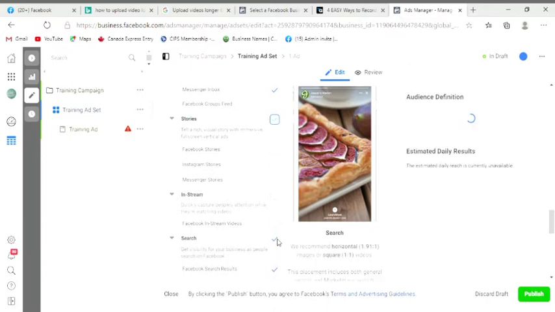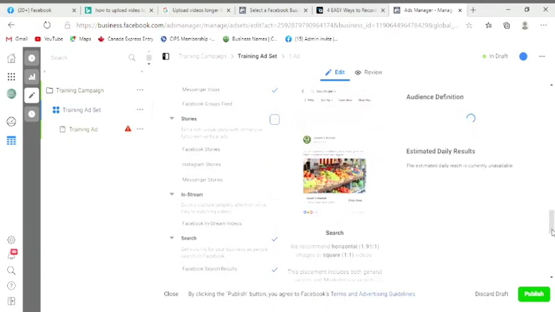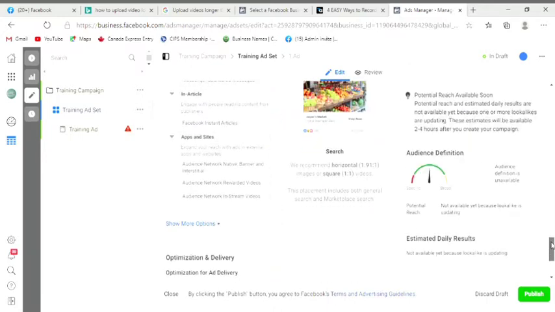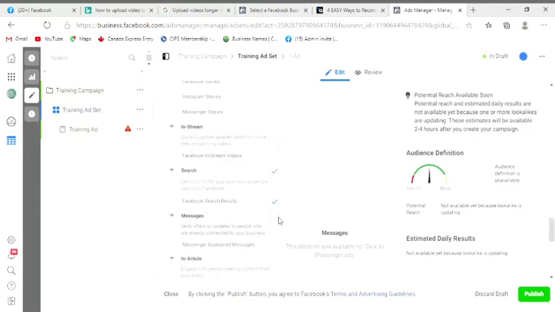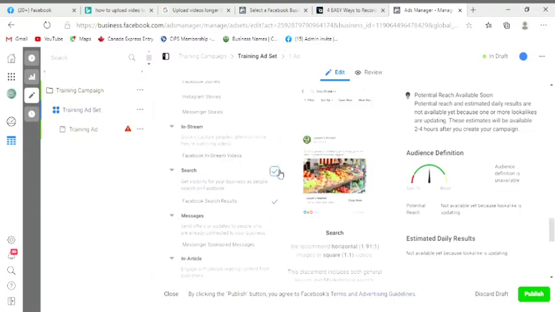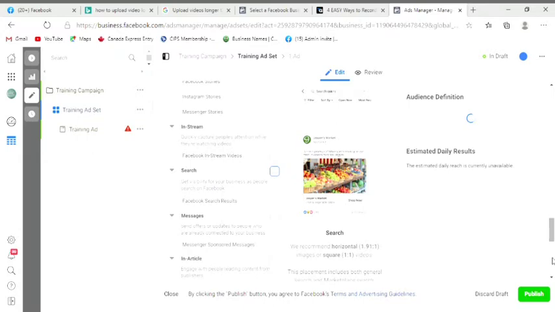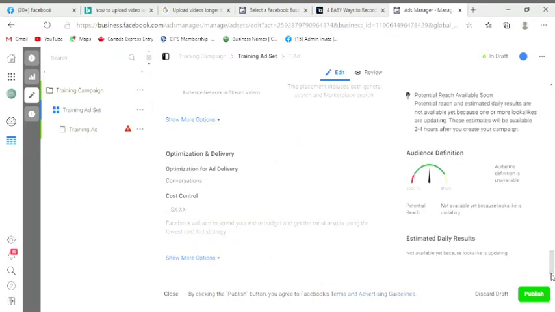Then do we want it to appear when some people make some search on Facebook? If yes, you select it. If no, you deselect it. So if you are okay with this, which means our ad set is set indeed, then we move to our